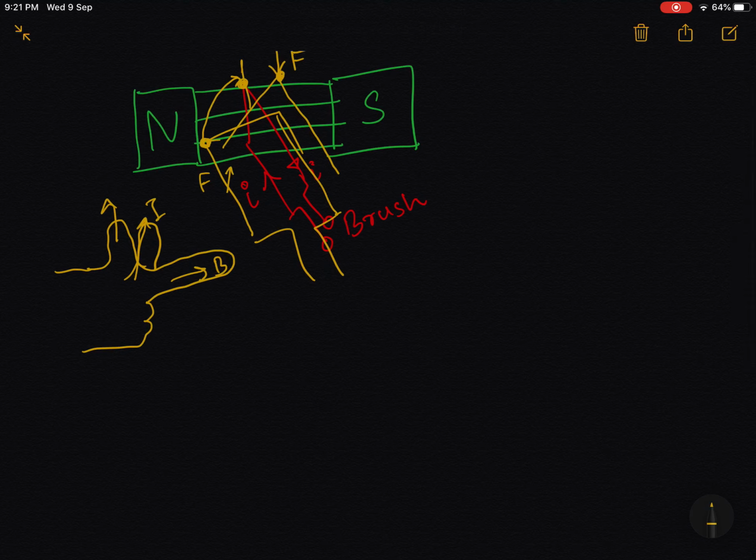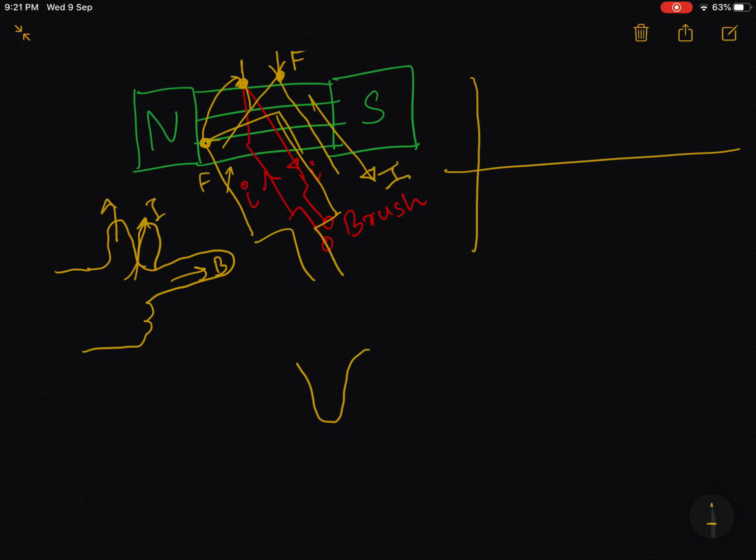So when your thumb is inverted, now this is the direction of your thumb, so what is going to happen is that the orientation of your current will also be reversed. This will be the direction of your current now. So for the remaining half cycle, there will be a negative trench on a graph if I was to show you. So this is your first half cycle, then there is a downfall, the downfall continues, and again the current rises. So you can assume this is something like a cycle.